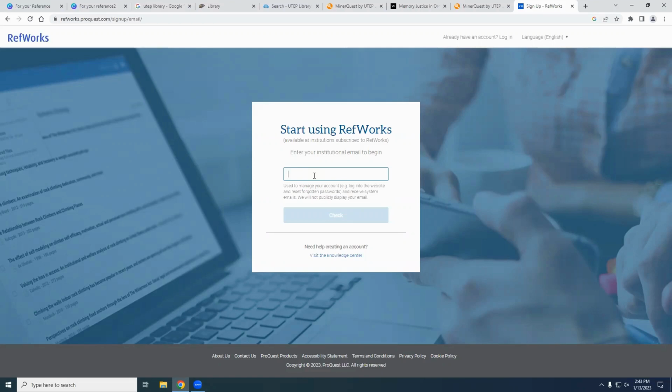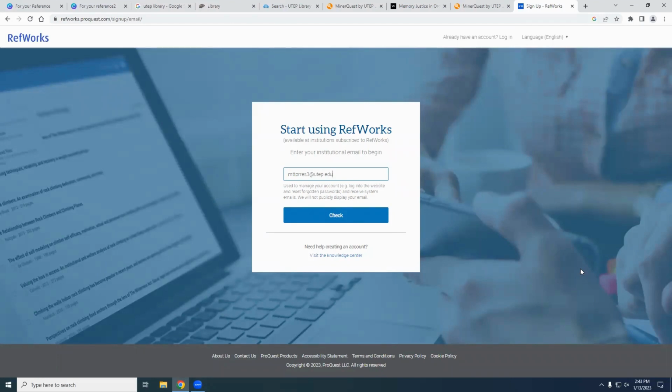I can't walk you through the whole process because I already have a RefWorks account, but this is very important. You are going to want to use your UTEP email when it says start using RefWorks. It'll tell you enter your institutional email to begin. The reason is that UTEP pays for RefWorks.